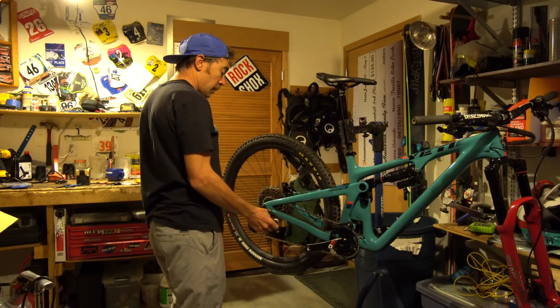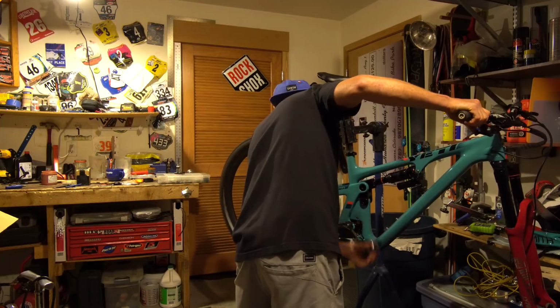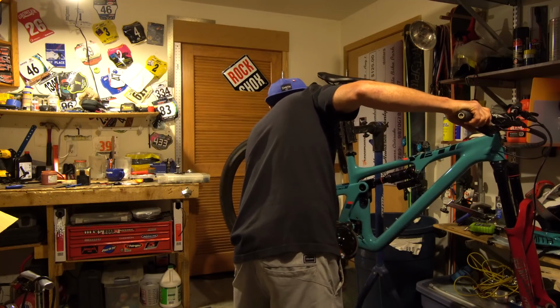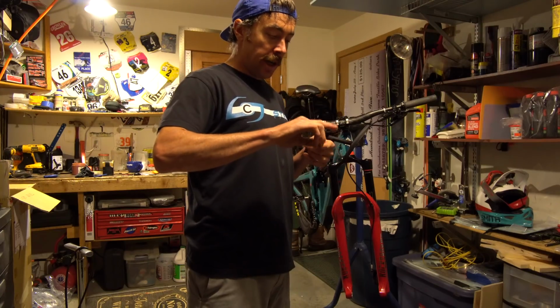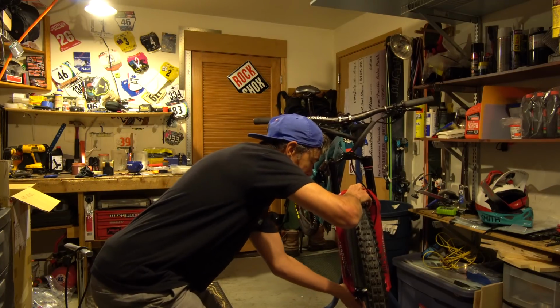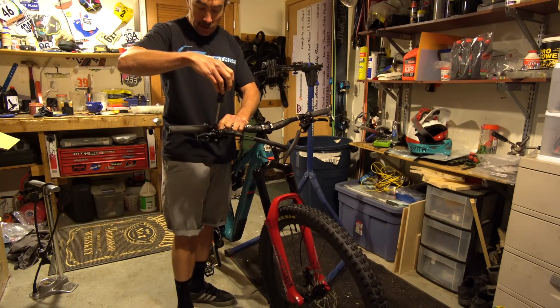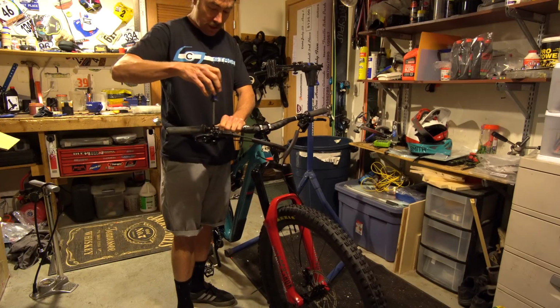I'm gonna go ahead and put some pedals on this bike. Fishing gear. Always lube your axle. Nobody likes a dry axle. Now I like to put the bike on the ground and just kind of make sure everything is where I